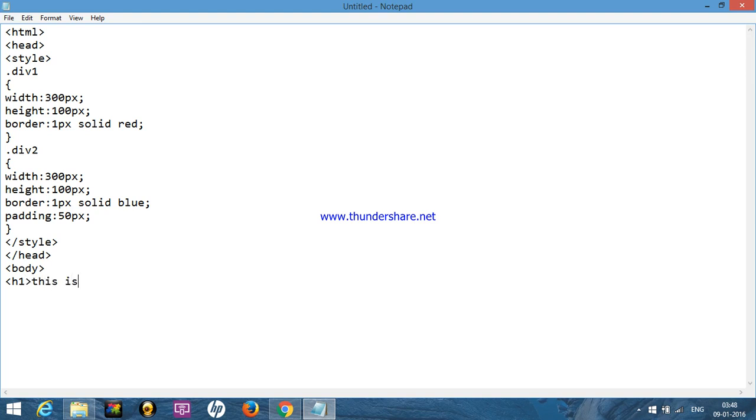This is about CSS3 box sizing. h1 end. The text is ended, and now we will open the class. Here the class is div1.